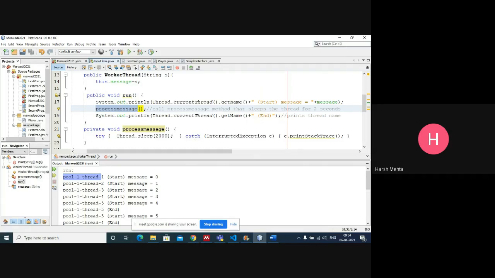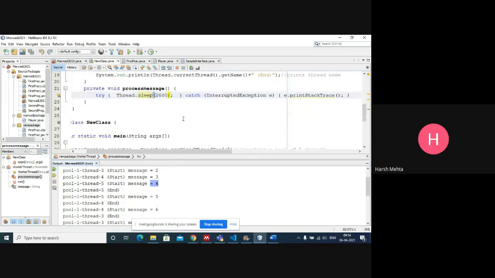So what is the process message method? Here is the process message method that will keep our thread asleep for 2 seconds. As soon as this first thread goes into sleep mode, it calls another thread: 1, 2, 3, 4.